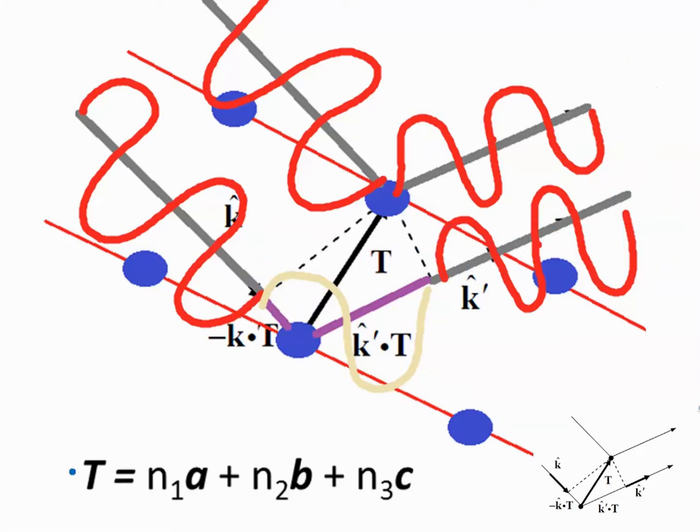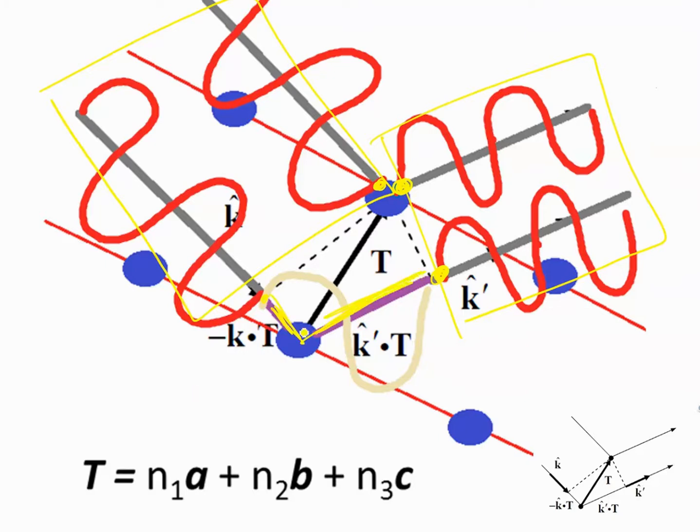I repeat again. This point must be the same phase as this point, and this point must be the same phase as this point. So now the problem is this additional length. This additional length must be equal to an integer number of wavelengths. If it's not an integer, let's say it's 1.5, then this one